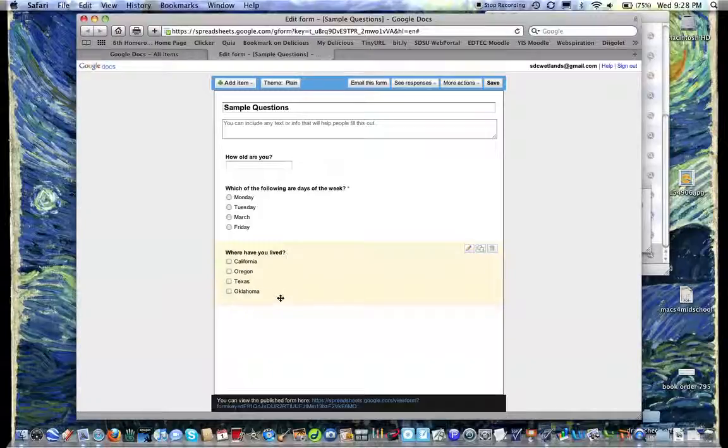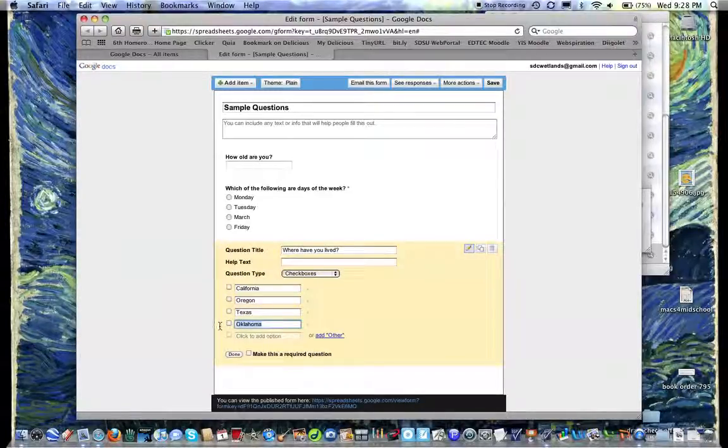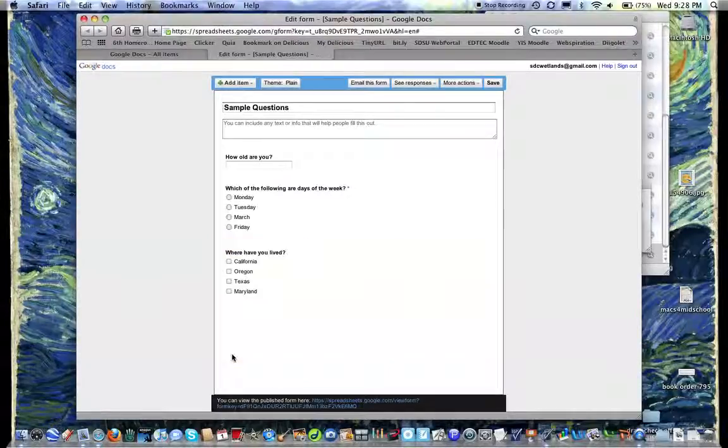You didn't want Oklahoma, you wanted something like Maryland. So you would just do this pencil to edit, and then you can come back here and then change it to a different answer. There are other ones that are in here that you can play around with to try out. Before we're done with this, I do want to talk about